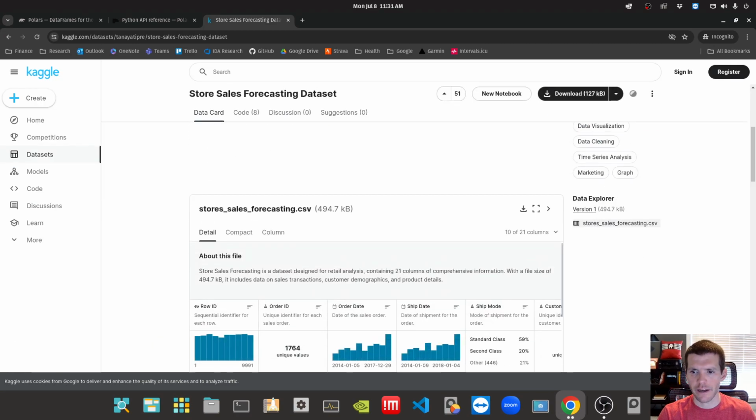If you click there, you'll see it's got a CSV file called stores sales forecasting.csv. So that's going to be the CSV file that we will need. Of course, you'd want to sign in, and then you can download, and I think it will bring that down as a zip archive, so you would have to uncompress that to get that CSV.